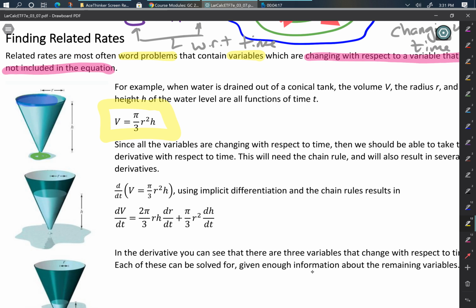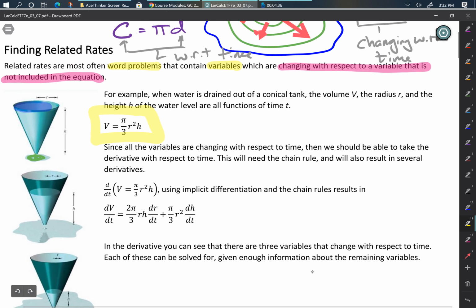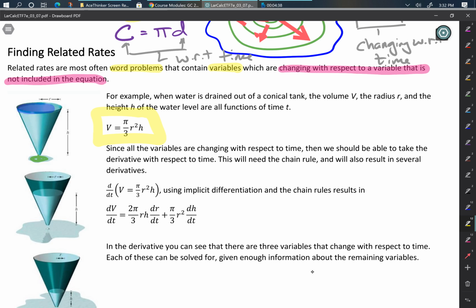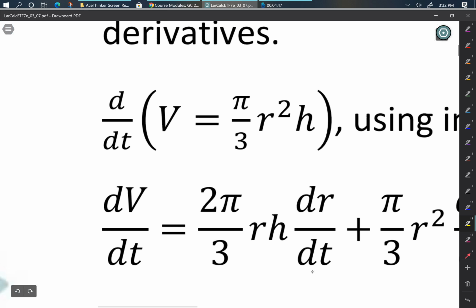Because when time changes, more water drains out of the bottom of this conical tank. And when water goes out of this thing, all of the measurable variables here, the volume, the radius, and the height, all change. So all are functions that are changing with respect to time. And if a variable changes with respect to time, then we should be able to take the derivative with respect to time. Right? And so if we take the derivative, d/dt,